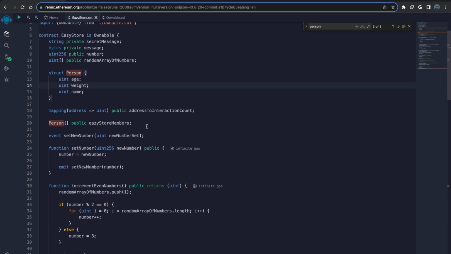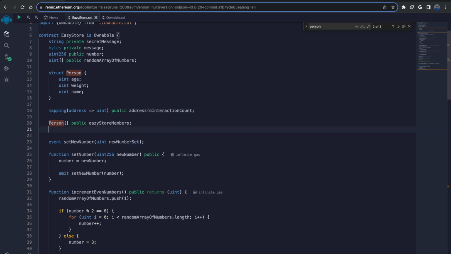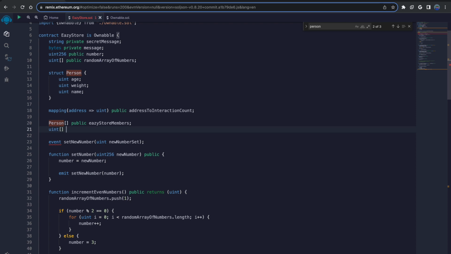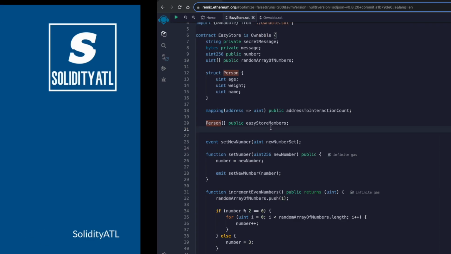All right, next we have arrays. So right here, we define our type, and then we can create our array, but also if you just wanted to create, let's say, an array of numbers, you would do something like this. This would be a dynamic array of numbers because we're not specifically saying how many values or how big our array is going to be. So that's how you create an array. What else do we have?